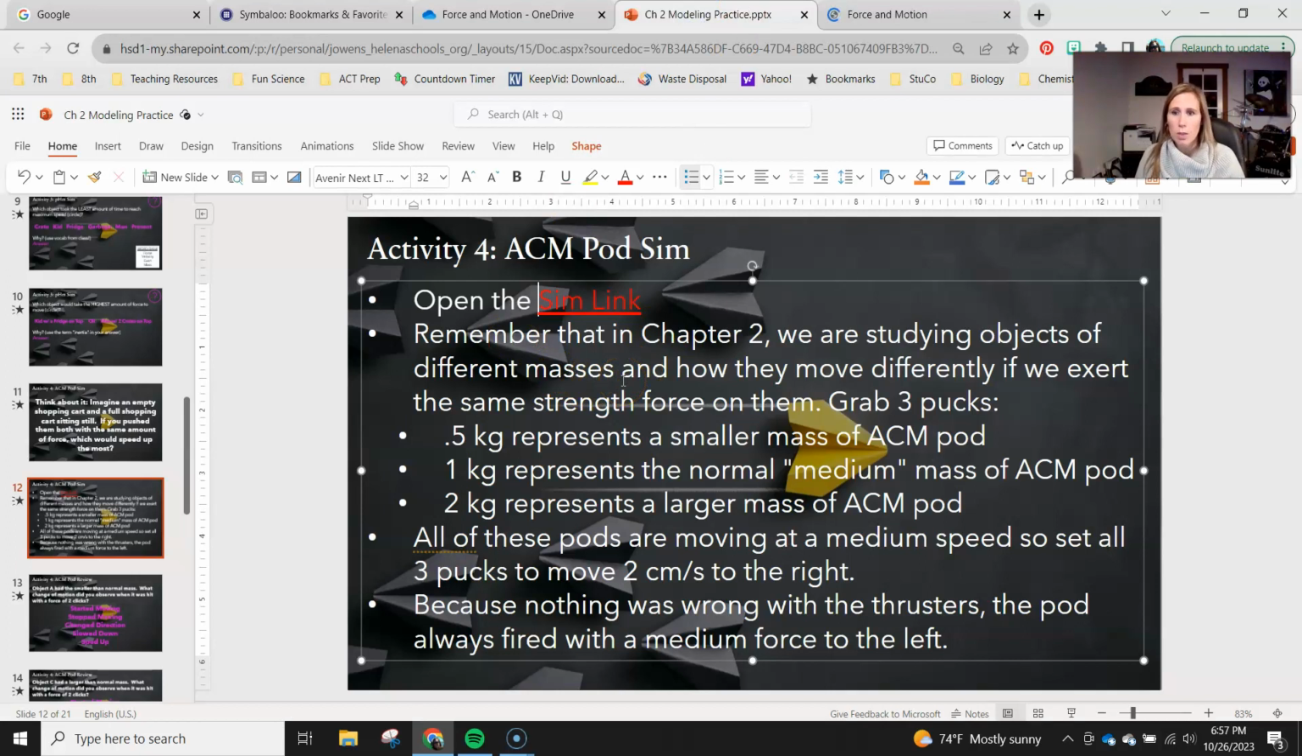So remember that in chapter 2, we are studying objects of different masses and how they move differently if we exert the same strength force on them. So you're going to go ahead and grab 3 pucks. The 0.5 kilogram puck is going to represent a smaller mass. So if you kind of remember what we've been looking at